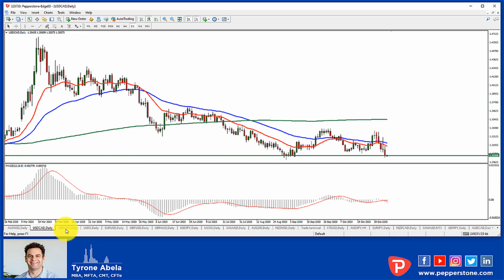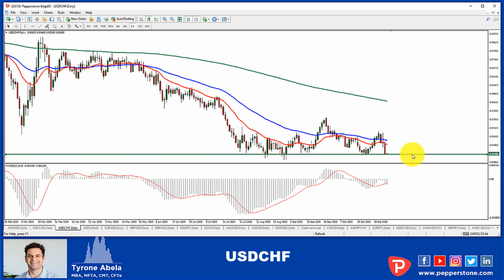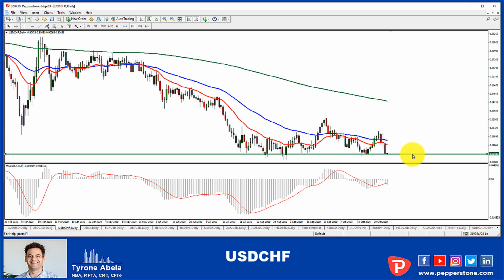Okay, we'll move on to the US dollar Swissy. We'll have a very quick look at this one. Painting a very similar picture. Okay, you can see that it's at a very, very strong support level here, almost at 90.50 really. This is a pretty big time frame, but the 90.50 to 90.30 area, this zone here, you can see it's had a very good interaction.